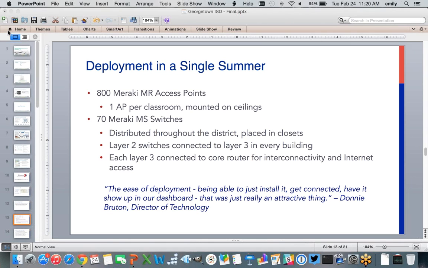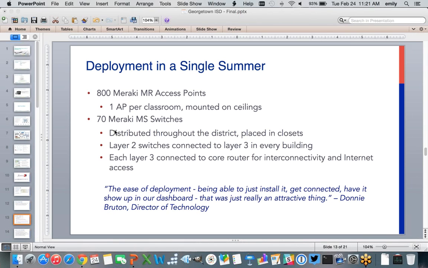Right, that's a good question. Generally speaking, it can be up to 30. We have seen, though, in practice well over 70 devices. Now, that doesn't necessarily mean students, because lots of our kids carry multiple devices. But we've seen well over 70 devices connected to an AP, and that doesn't mean that everything's working optimally at that point, but we haven't seen a whole lot of complaints about that.